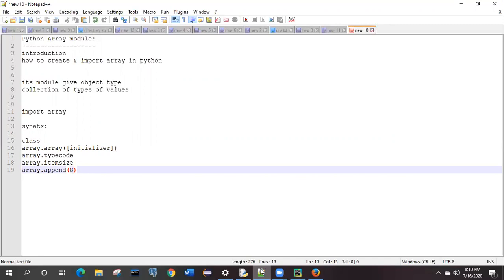Earlier we also had the count method, but it's not present right now in Python 3.8. This is how we talk about arrays in Python.